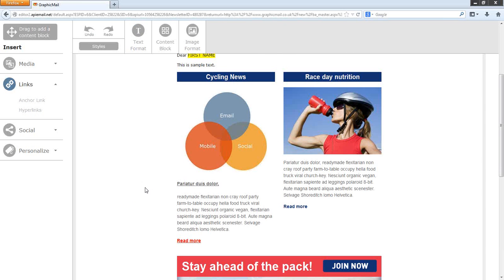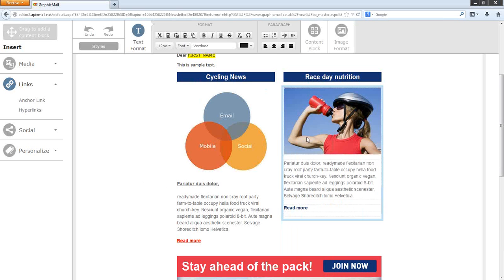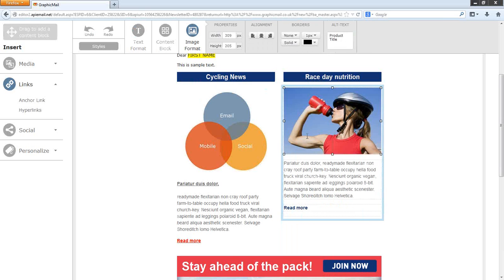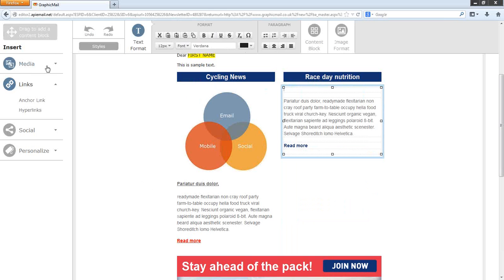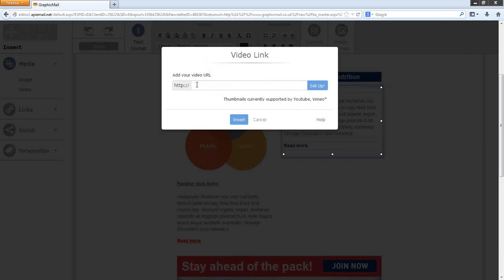So now what I'm going to do is show you how to actually insert a video. If we go to the second section here, click on this little image and we're going to just remove it. What I'm going to do is click on media, which is on the left hand side here, and then just click on video. This will allow us to put in a video from YouTube. So if I just quickly type in the URL that we need,